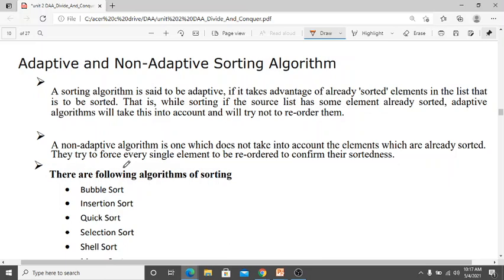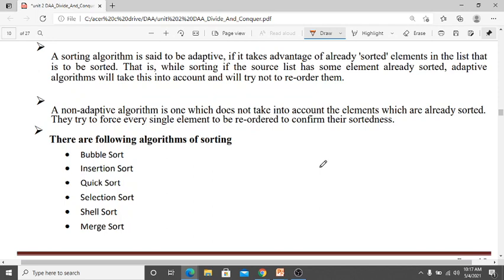They try to force every single element to be reordered to confirm their sortedness. So a non-adaptive sorting algorithm will rearrange or reorder again to confirm their sortedness. Okay, the following are sorting algorithms: bubble sort, insertion sort, quick sort, selection sort, shell sort, merge sort.